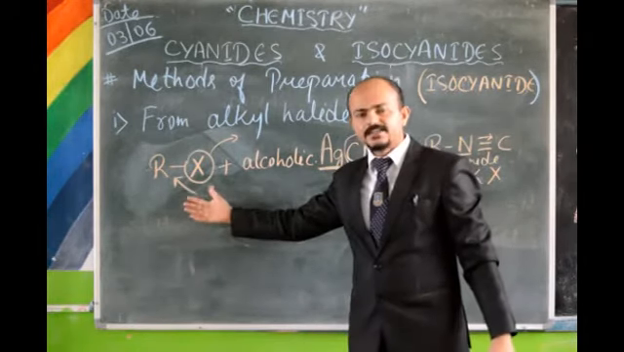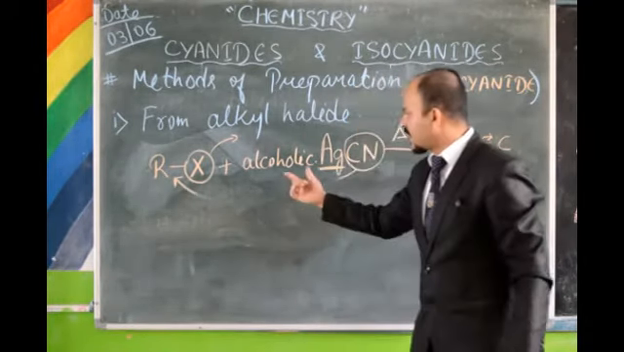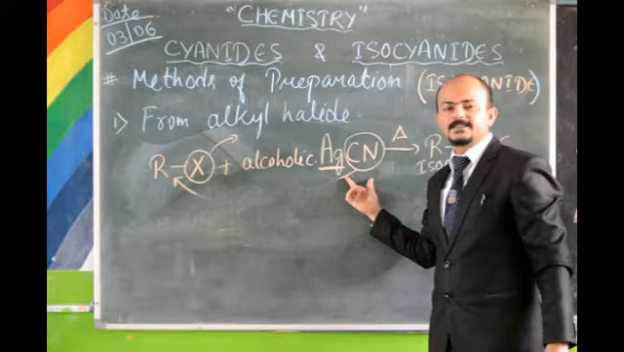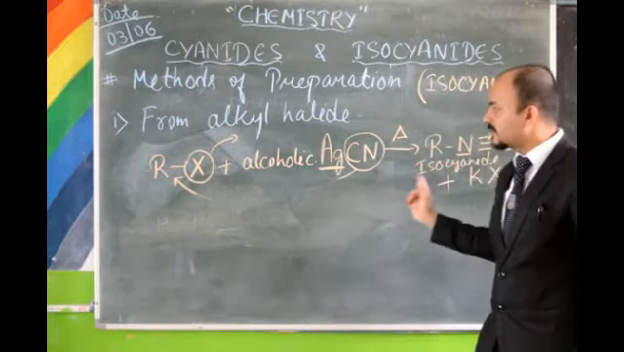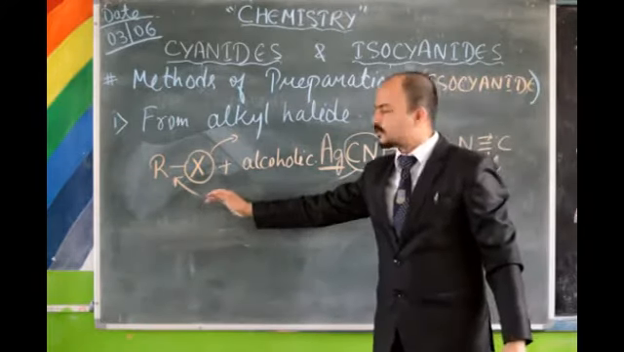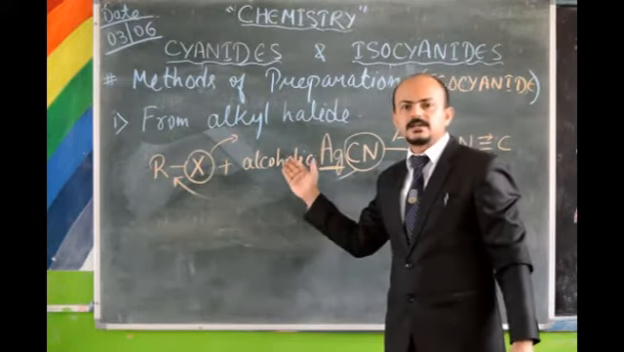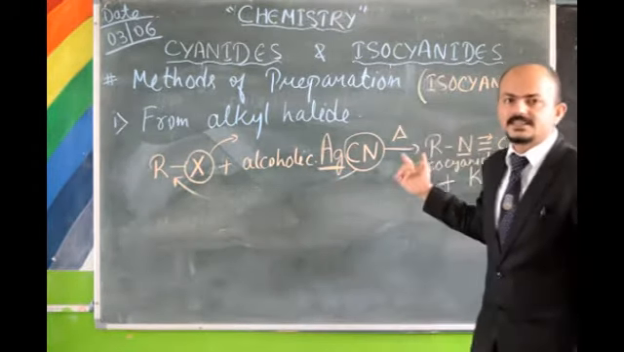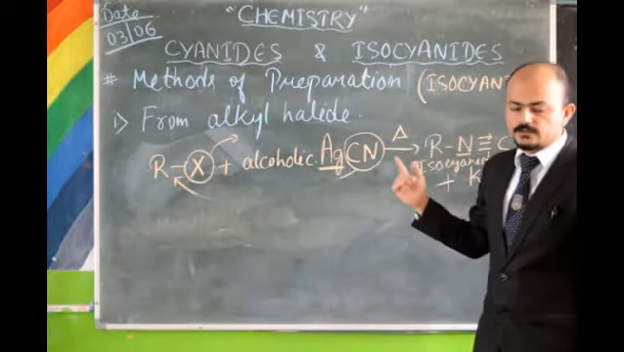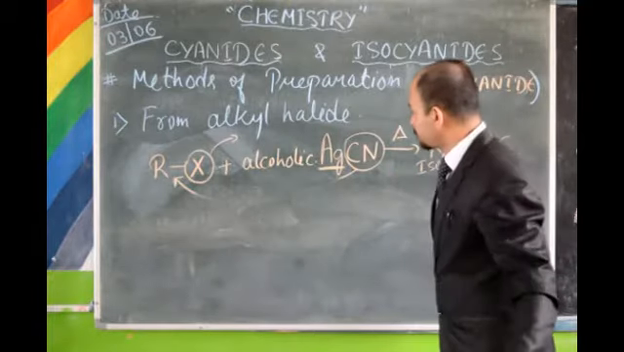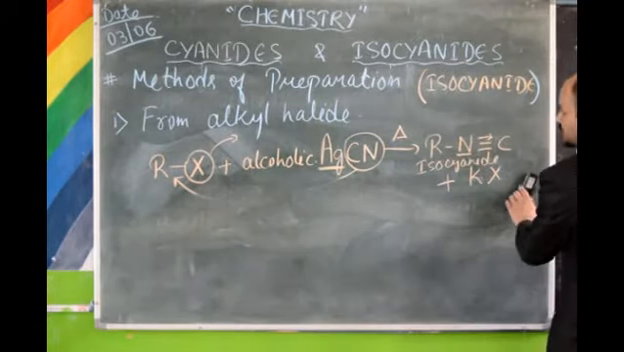Same alkyl halide, if it is treated with alcoholic AgCN, you would be getting isocyanide. Same alkyl halide, if you treat with alcoholic KCN, as we did in our previous equation, you would be getting cyanide, not isocyanide. Please remember this. Now, the other method of preparation of